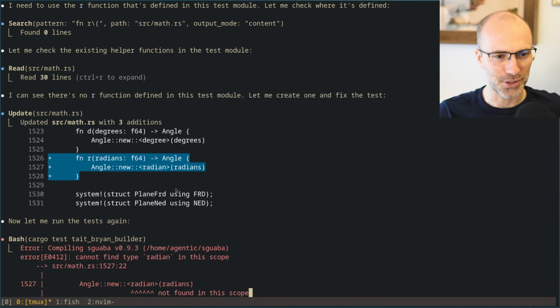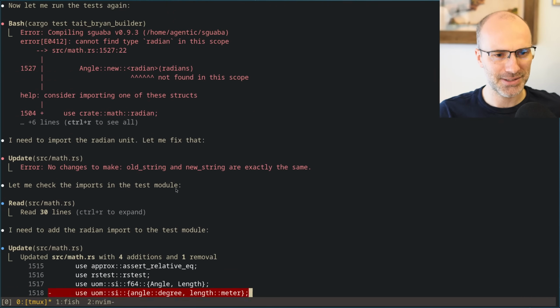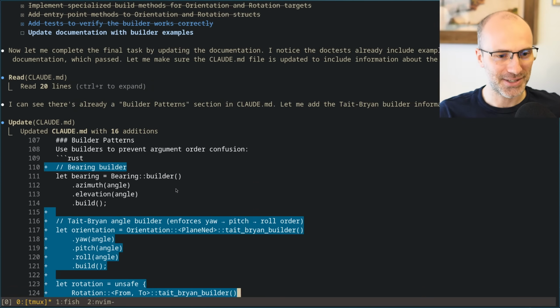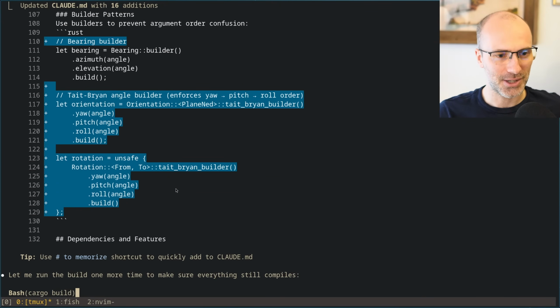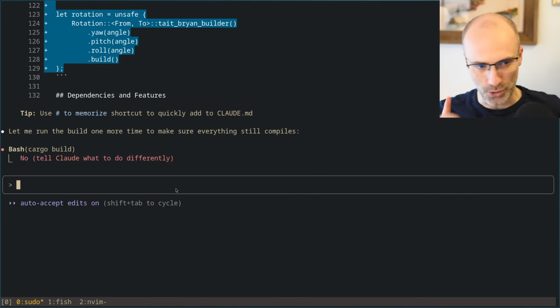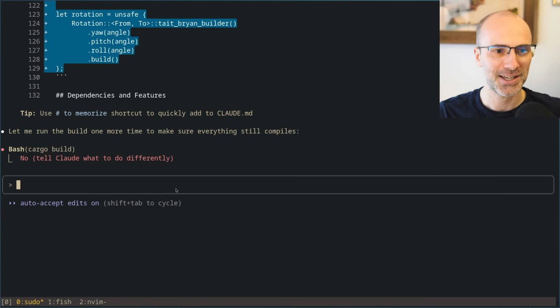Okay, and now it's looking for the helper function, which it adds. That's fine. And then it needs to fix the imports. Now the tests run. And then it's updating Claude MD. Cool. No, I need to tell it a couple of things.